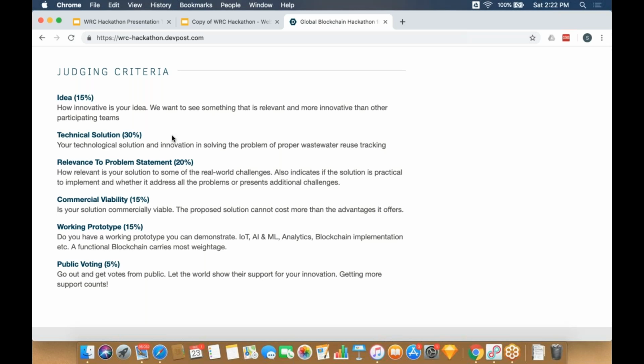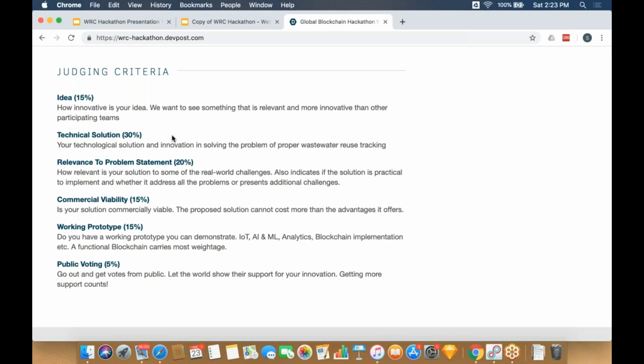The next section, 15% score, goes to commercial viability, which is basically how commercially viable your solution is. We understand that it might be easier to make extremely expensive solutions that really do work, but they may be commercially non-viable. So we want you to keep an eye on whether the solution you're proposing is commercially viable. The solution cannot be of the tune of saying, we want to do transactions on the public Bitcoin network or set up a network that's as large as the Bitcoin network, because that may not be commercially viable to solve the problem at hand.